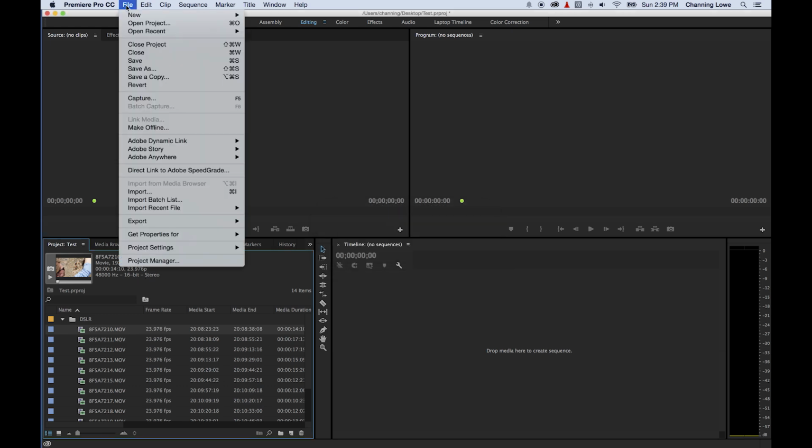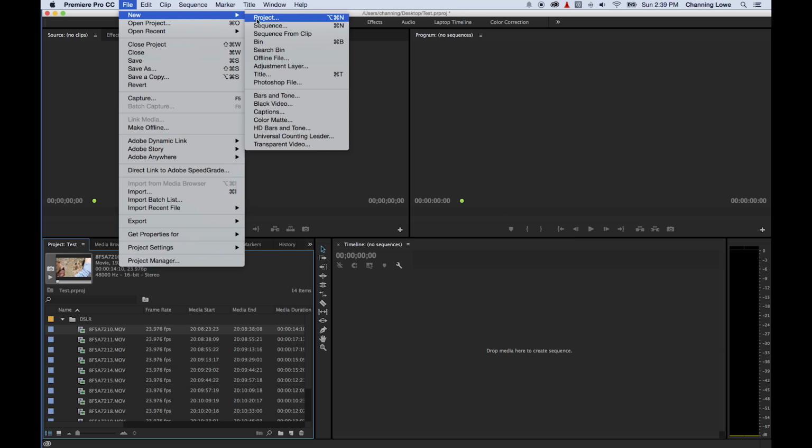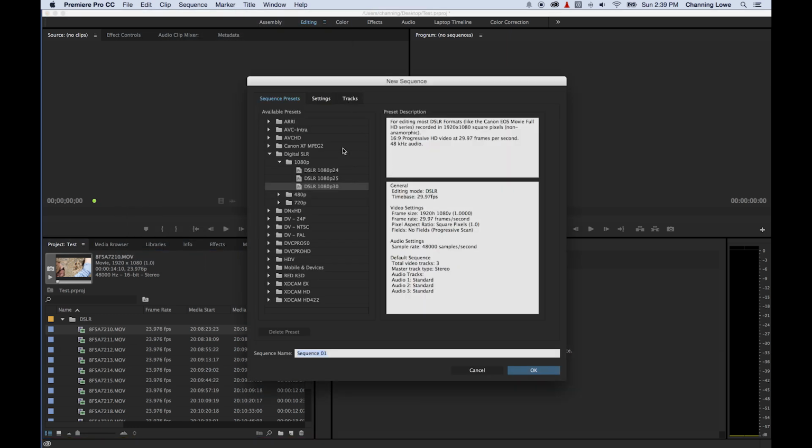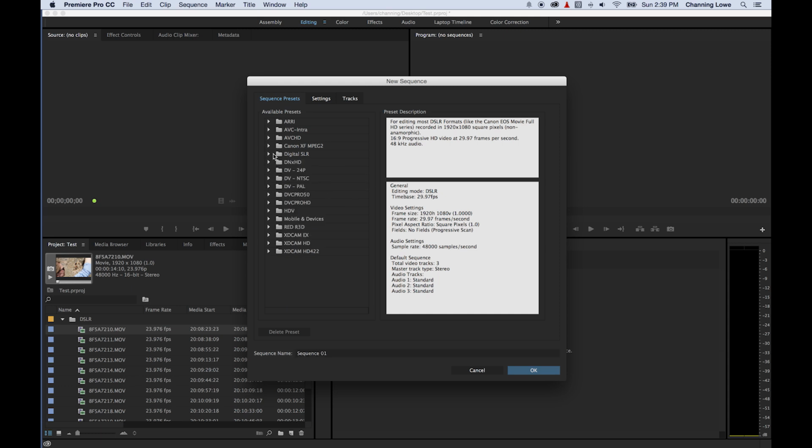So I'm going to go up here and do File, New. This is another way of creating a timeline, or a sequence. Go up to File, New, Sequence. It's going to bring up this window and ask what type of timeline do you want to set? Because look at all these different types in here based on codec or video format, frame rate, resolution. There are probably hundreds of different types of timelines you could do with different